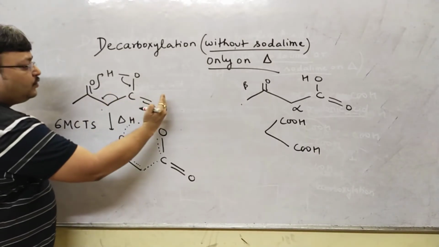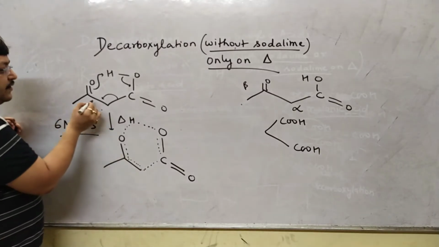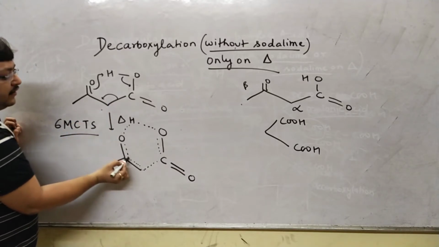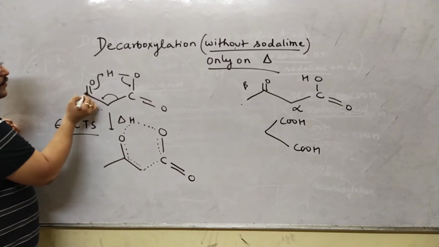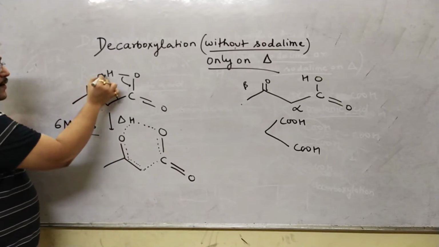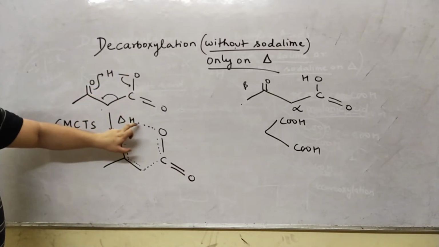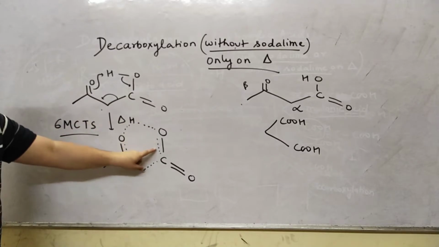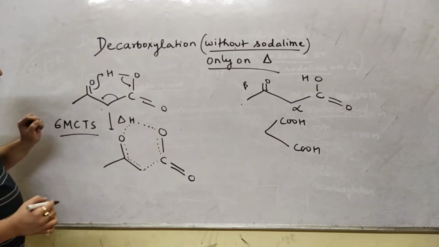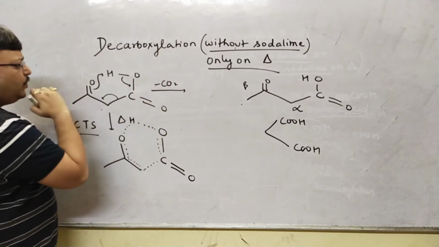Now when carbon dioxide goes out, after this 6-membered cyclic transitory state, this bond was always there, so this is concrete. The one which is about to be broken is discontinuous, and the one which is about to be made is discontinuous. This is how you draw a cyclic transitory state. This bond is obviously concrete. Now naturally, once carbon dioxide is going from here, you see carbon dioxide going out.